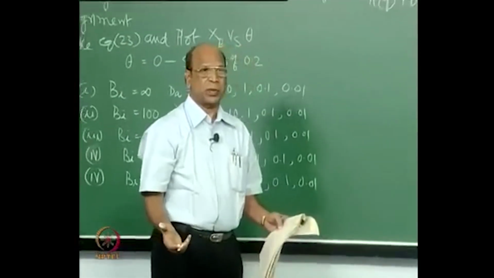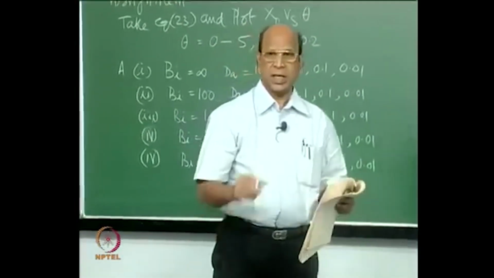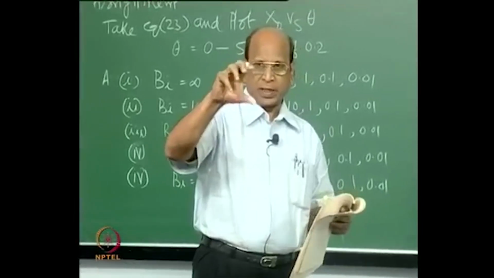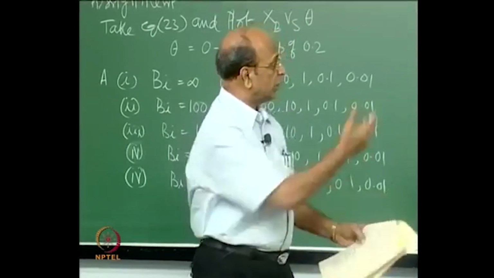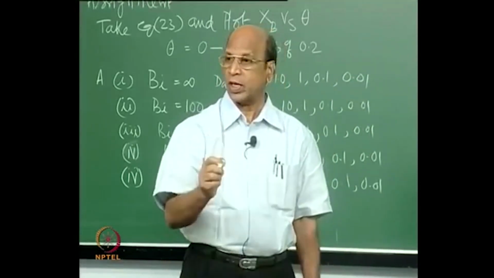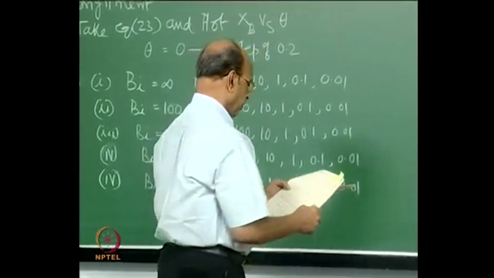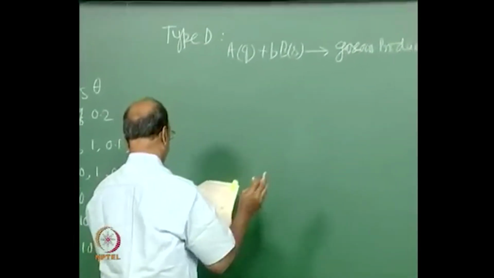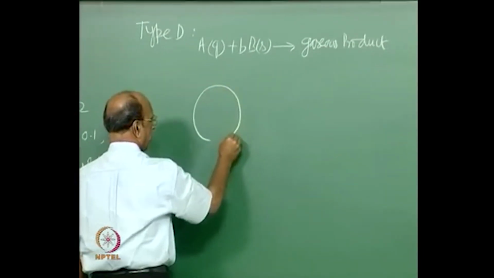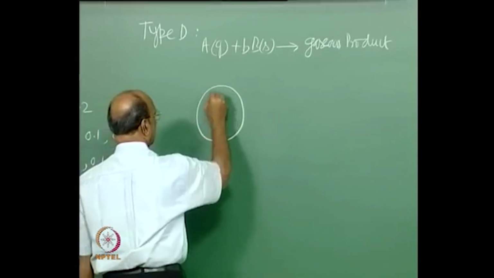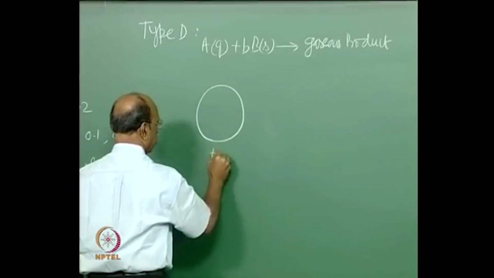Ash layer diffusion will not be there, because every time the particle's outer layer is first converted and then slowly it moves, and everything is becoming gas and coming out, so there is no solid product. That is why, and how we derive that we will see. Before that, let us imagine how our particle is moving. This is the particle at time t equal to 0,